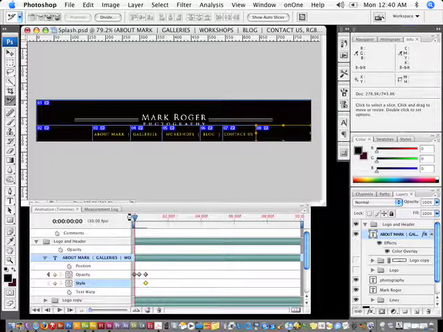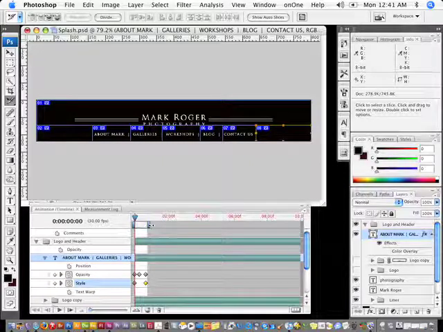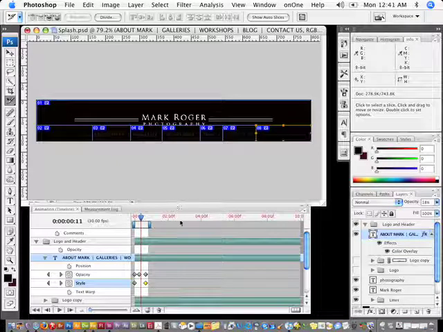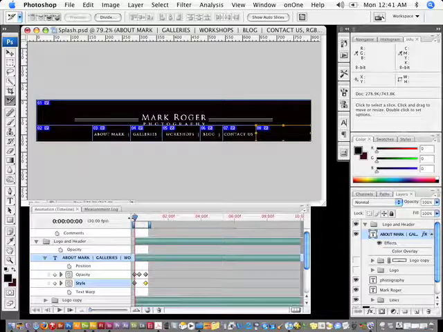So now I'll come back to the beginning, and I'm going to turn off the color overlay. So now it's white. It starts off white, it fades out, and comes back in this orange. Now I don't want it to go all the way across, so I'm going to grab this work area, and I'm going to bring it all the way over to where this end is. Now if I hit the enter key or the space bar, it shows me what this looks like. I'll stop it, and I'll move this back to the beginning.